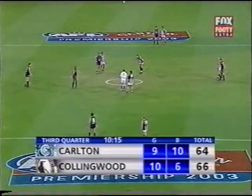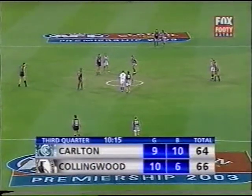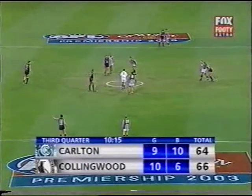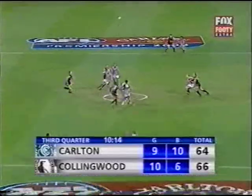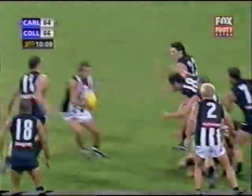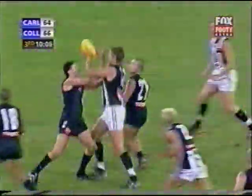Magpies back in front for the first time since the 13.5-minute mark of the second term. Collingwood by 2 points. 10 and a quarter minutes left in the third term. 10-6 plays 9-10. Centre bounce. McKee goes up at his French. He got the tap. Lockyer over the top of it. Was stripped of the ball. Ooh, little toe poke there from Lucuria. O'Brien got it out to